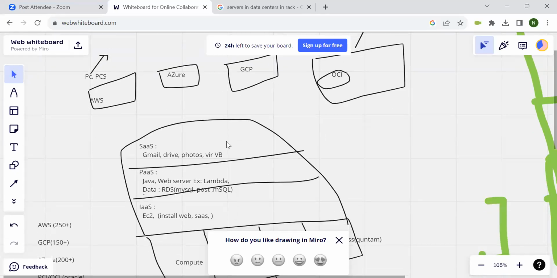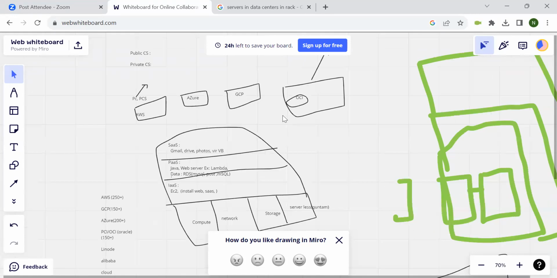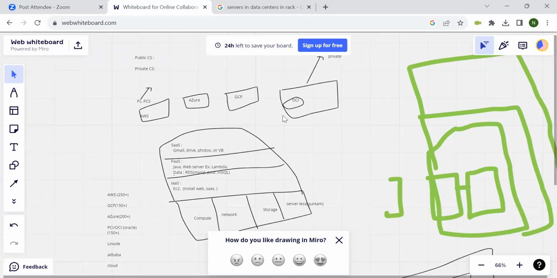So you don't need to worry if someone asks, sir, I have learned AWS only, but do you know about Azure? You can say yes, but that you have no work experience with it, because the work you have done is almost everything on AWS, but the UI will be different. Underneath, the concepts are the same.